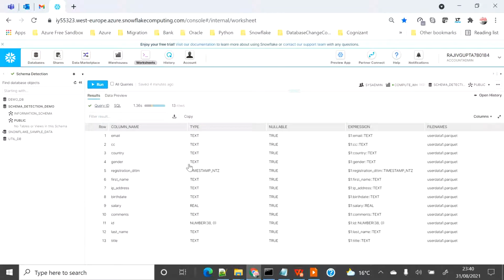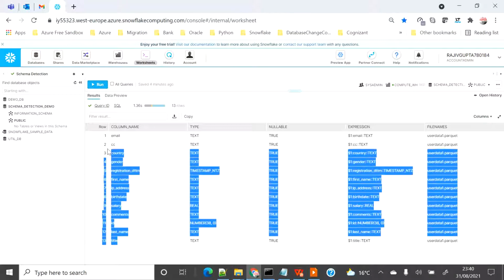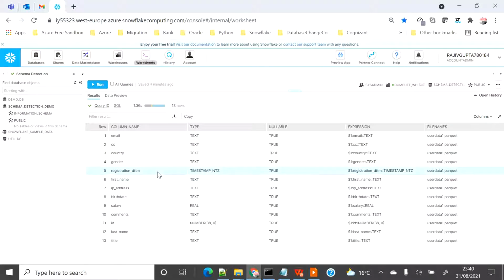So here you can say I can see 13 rows. So basically we are able to read all the 13 column. But one thing, if you see here the first column coming as email and second column CC, and the first column was actually registration DTM, but in our case it is showing as fifth column.